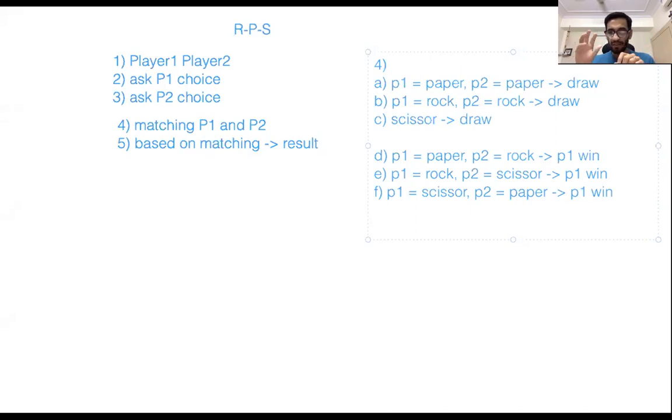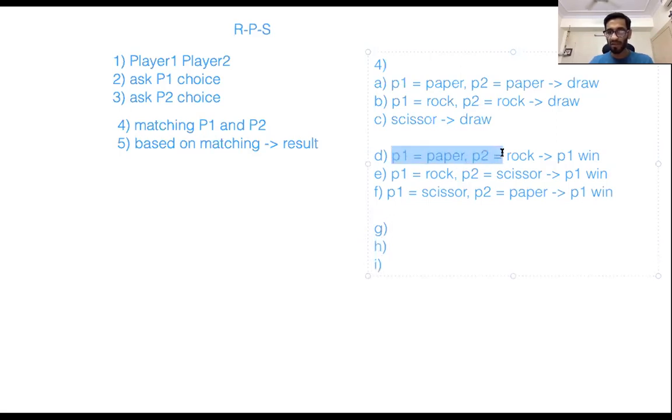Cool. So now I have defined all the draw conditions, and all the win conditions for P1. Let me define the win conditions for P2. Essentially they're the same as the win conditions for P1, except the choices are reversed. I can repeat all of these three, just replace P1 with P2, and then P2 would win. So these conditions for P2 to win, G, H, and I,